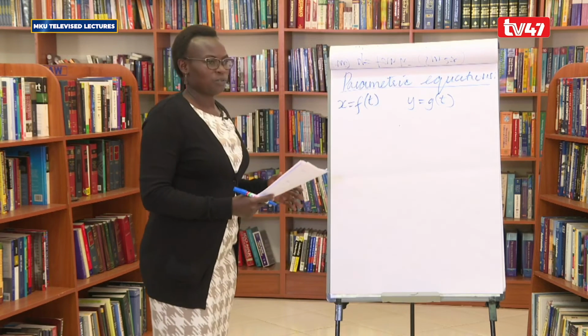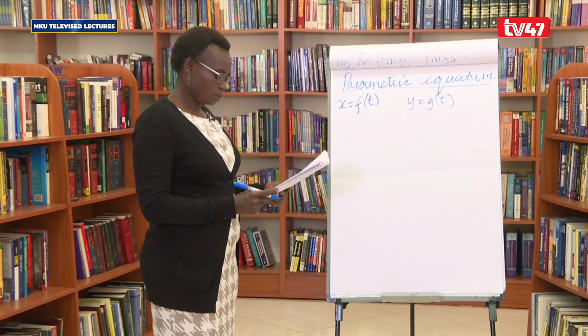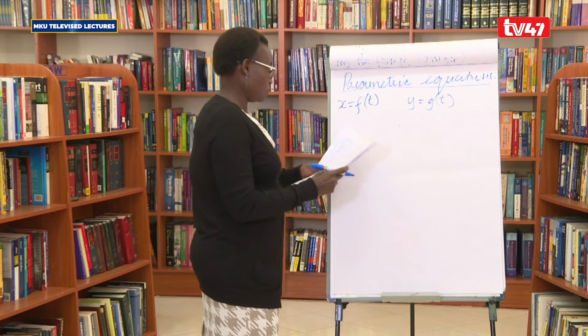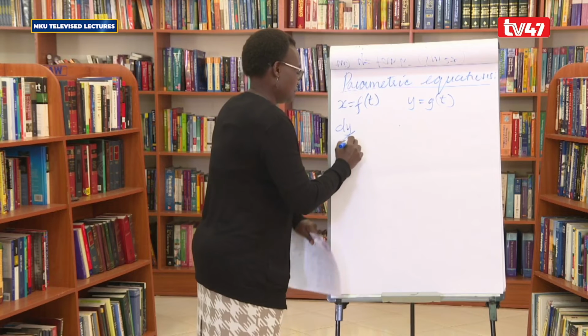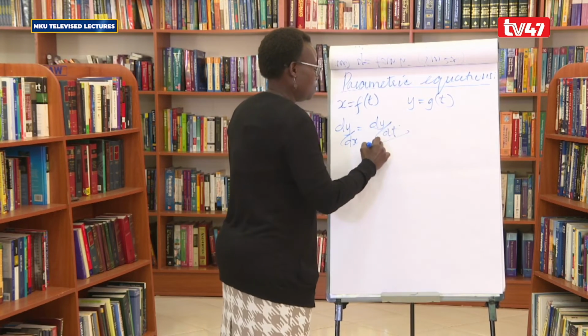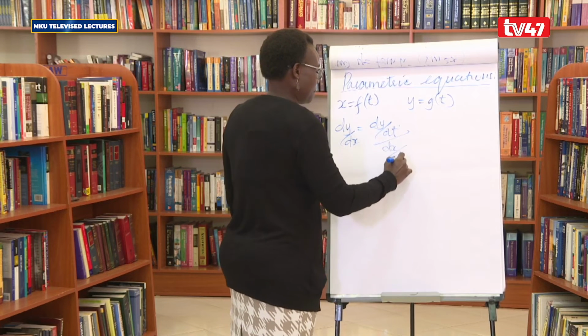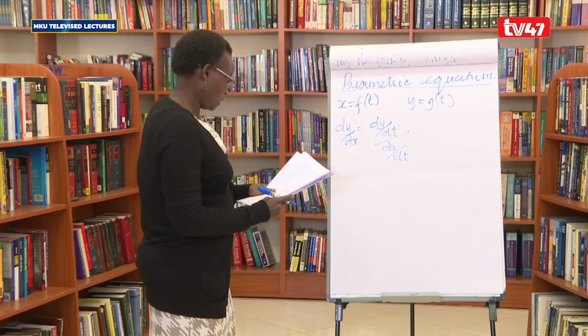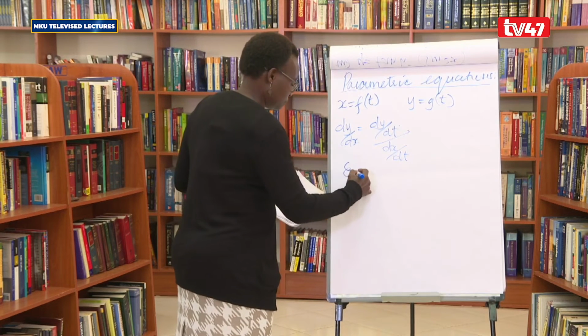Basically the aspect of time getting into our concept here. So dy over dx is going to be dy over dt over dx over dt. So for example, if you're given, so examples,